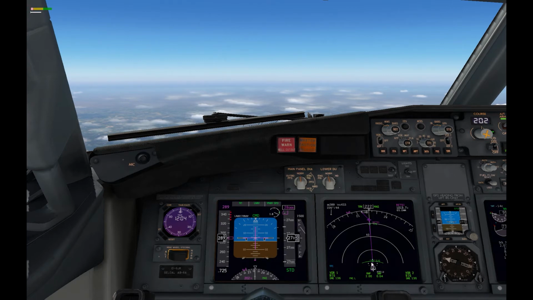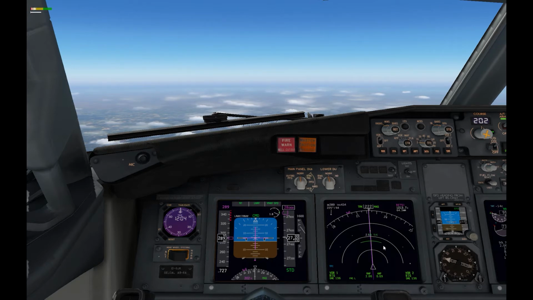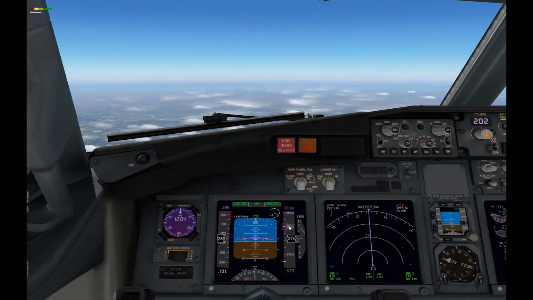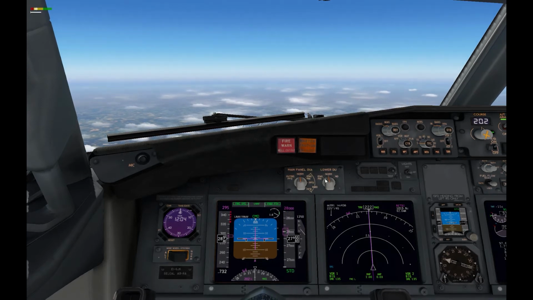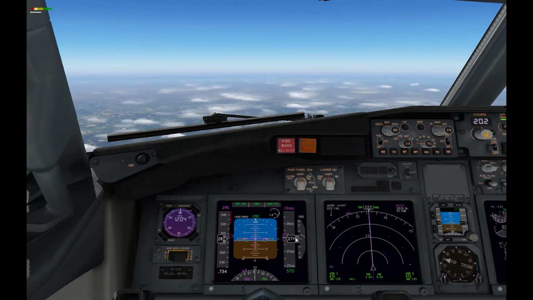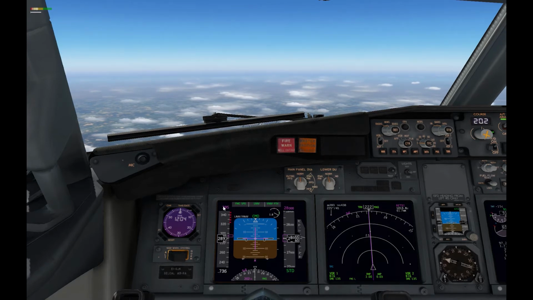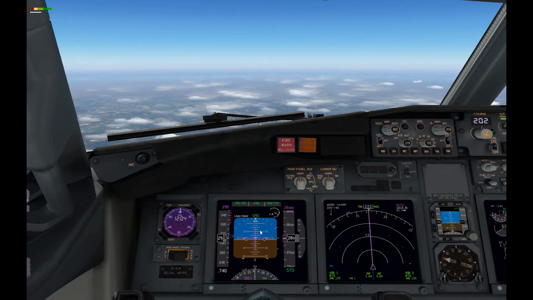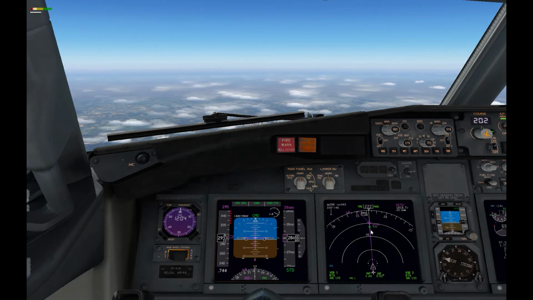28,000 feet. Reaching the top of climb here. Really, these two should match up, but that's probably because we're going to level off just before we get to the top. That little bit, that'll probably account for that difference. So we're now at 28,000 feet, which is our cruising height. We're going to accelerate to 295 knots, which will be there. And that's our cruise, but you can see the top of descent's already there. But let's program in